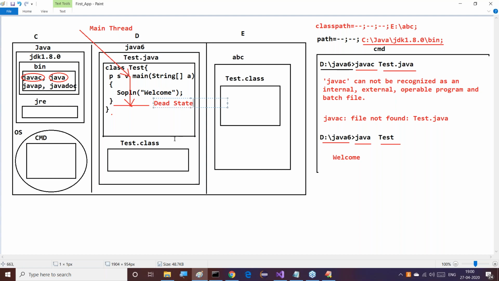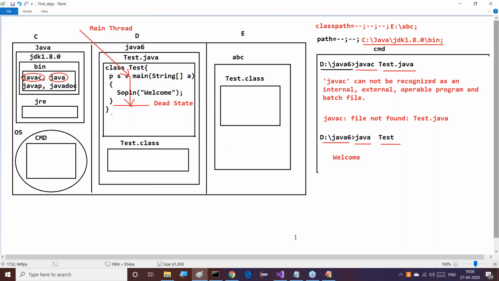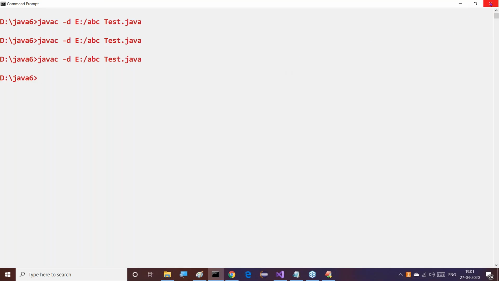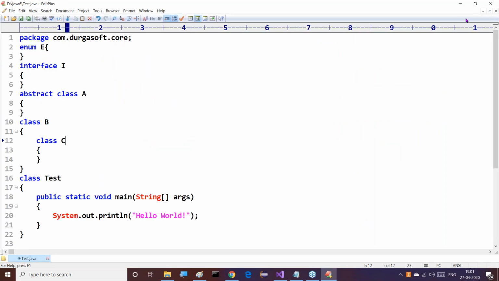Now I want to show you some exceptions. Try to understand it clearly. Guys, all of you observe this clearly. I want to show all these points. First of all, observe this clearly.